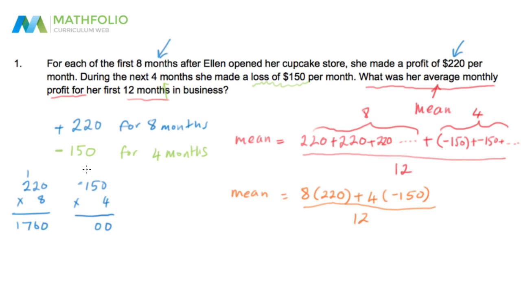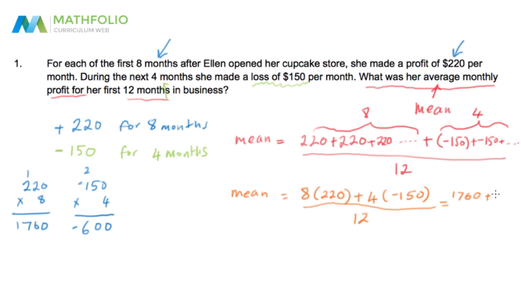So I put my 0, carry the 2. 4 1s are 4, plus the 2 is 6. Now, 600 is my answer for 4 times 150, but now we've got to rely on our knowledge of positive numbers times negative numbers. So a positive multiplied by a negative is a negative. The negative stays. So in fact, our equation on the right becomes, this equals 1760, and then I'm going to